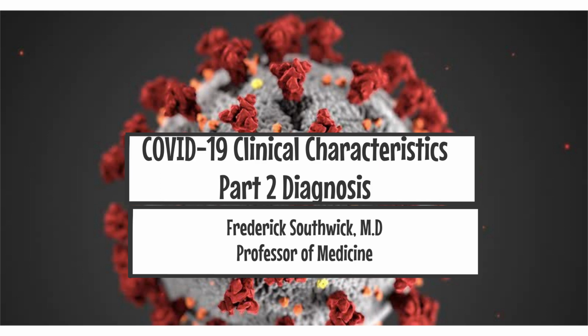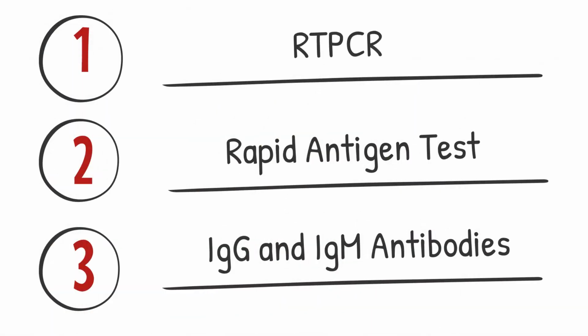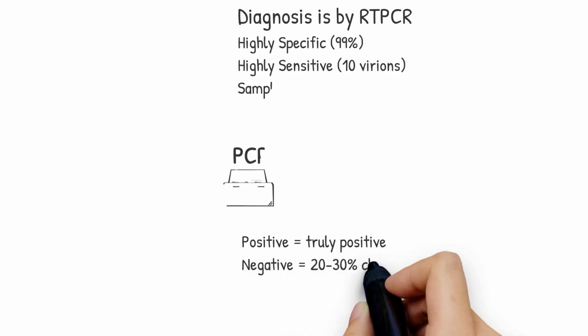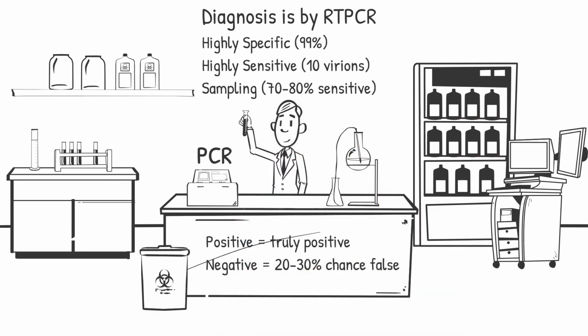How do we diagnose SARS-CoV-2 infection? There are three tests available for diagnosing SARS-CoV-2: RT-PCR, rapid antigen tests, and IgG and IgM antibody tests. Originally, the diagnosis was primarily made by reverse transcriptase polymerase chain reactions, abbreviated RT-PCR, sometimes referred to as the molecular